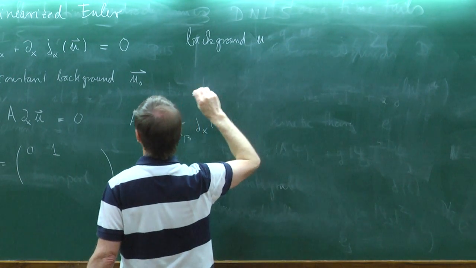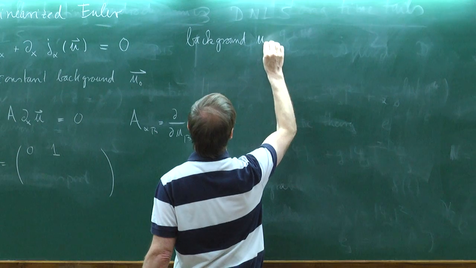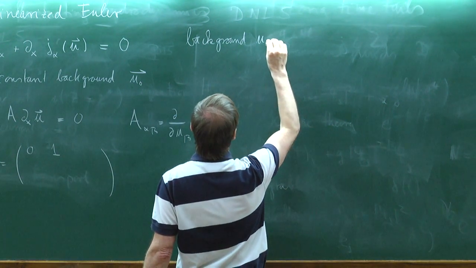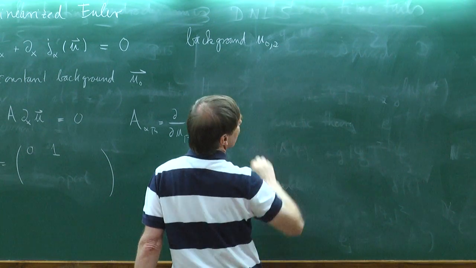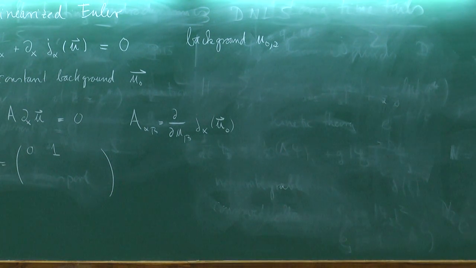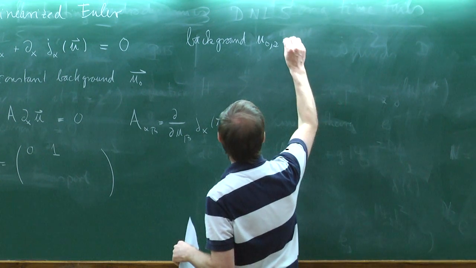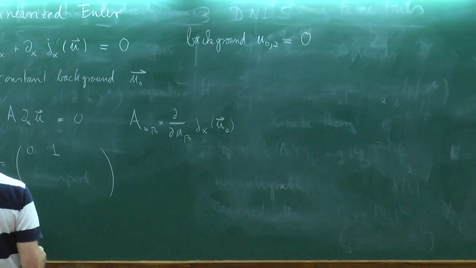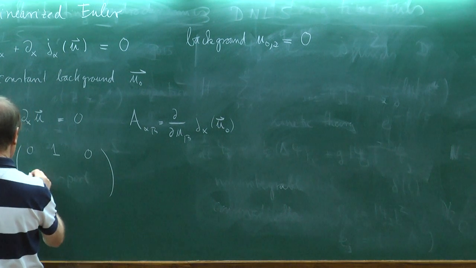I called this u0. Okay, so this is the second component of the background value, right? My list is always like over here: stretch, average momentum, and total energy. So it's the second component which I put simply equal to 0, right? Okay, and then the matrix will look like this. So it has a rather simple structure.